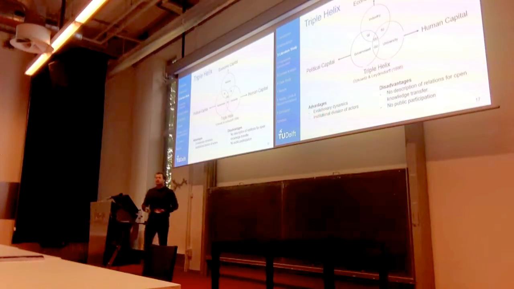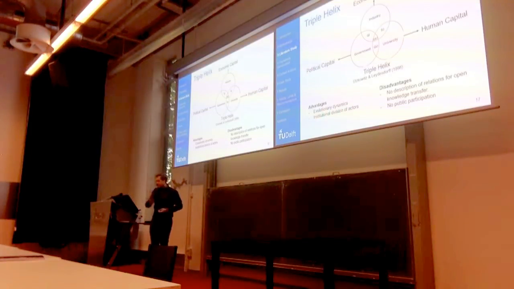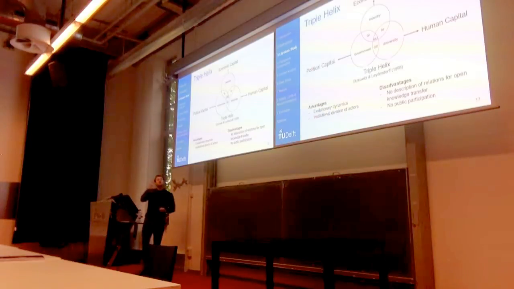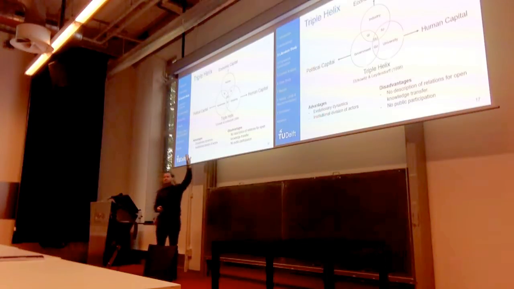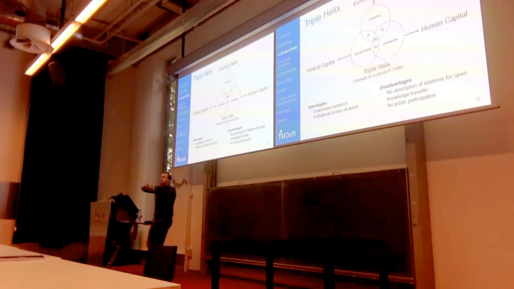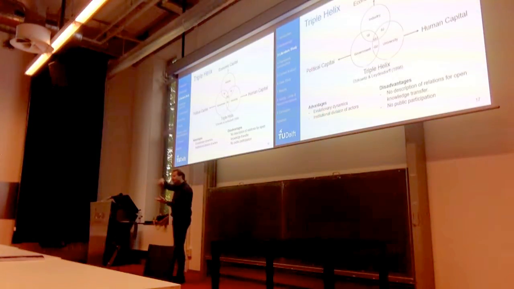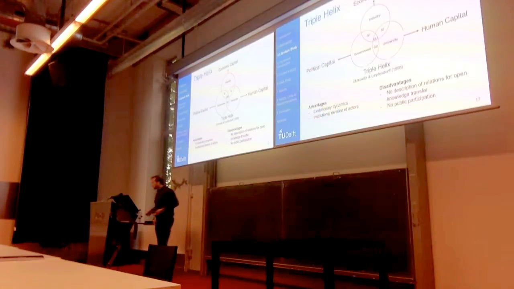It is an evolutionary theory. It's called triple helix. It has evolutionary dynamics and a constant group of institutions, namely government, industry, and university, each creating political, economic, and human capital. And why is it evolutionary? Because if one of these spheres is weaker, the others can take over its responsibilities on the intersections and therefore become bigger and smaller and start turning around each other, therefore becoming a helix, like the DNA helix, turning around each other. However, the relations between these institutions are not really well defined yet, and there's